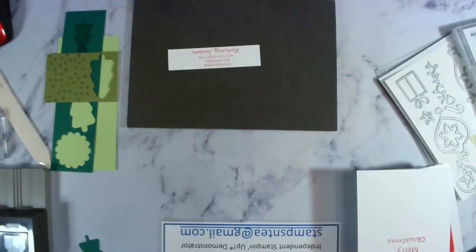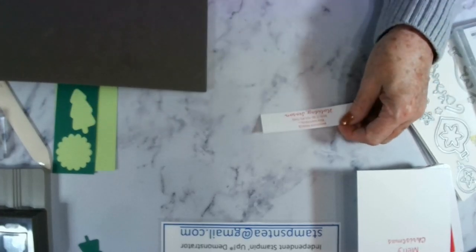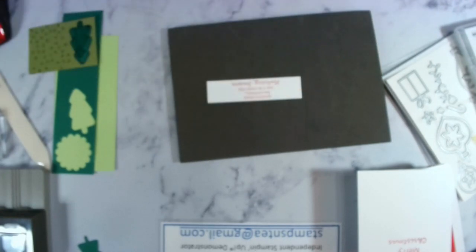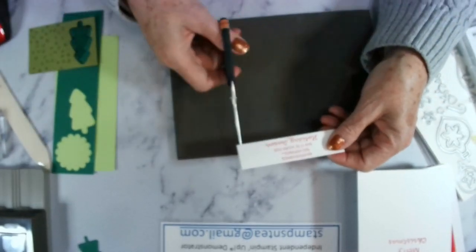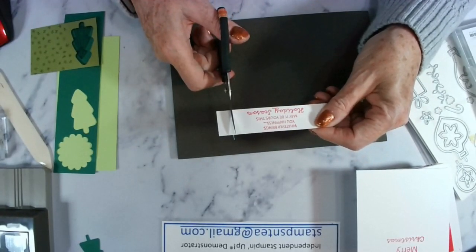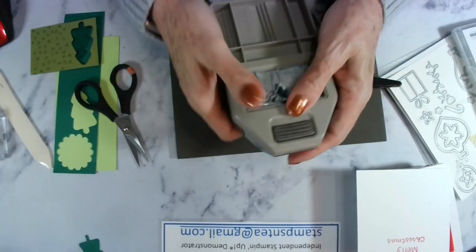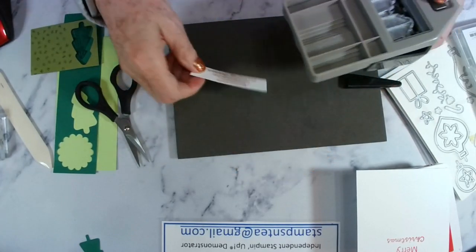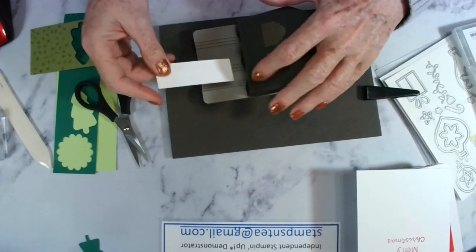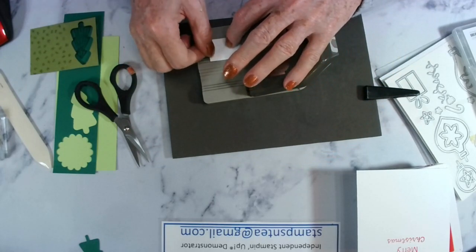Alright, so we're ready to punch parts out for the card, or cut parts out. Let's do this first. We will take a pair of snips. I'm going to cut this off to about 1/2 inch beyond my letters on each side. Okay, there. That's about 1/2 inch. And then I'm going to take this and put it in my punch. I'm going to use the rounded edge of the punch,